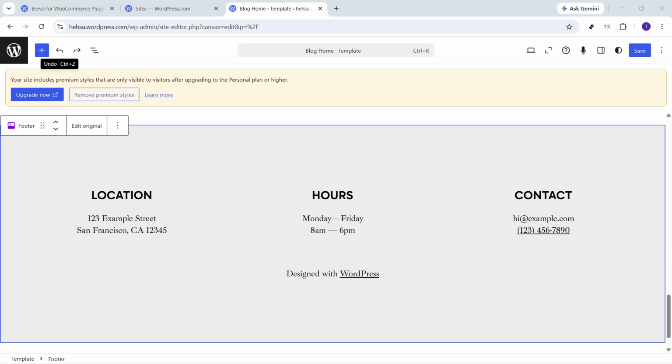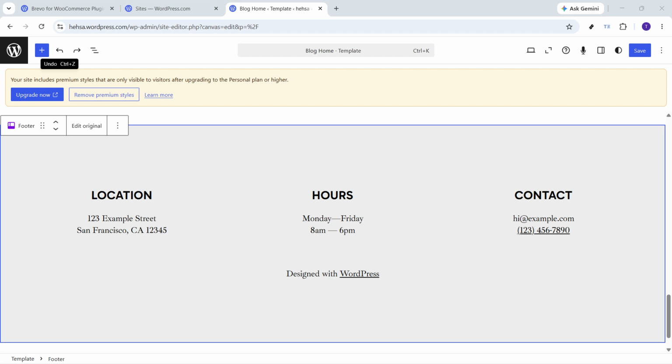To begin, go to your site editor. This is the area in WordPress where you can edit the overall layout and template parts of your website, including the footer. If your theme supports full site editing, this is where you'll be able to make the change without needing any code. Once you open the site editor, give it a moment to load so you can clearly see